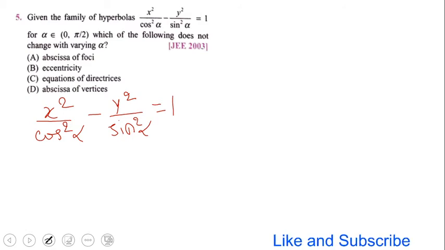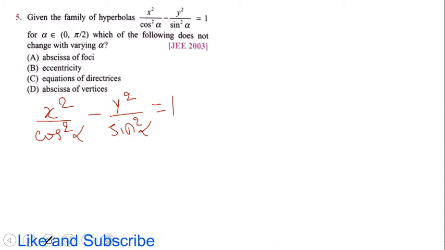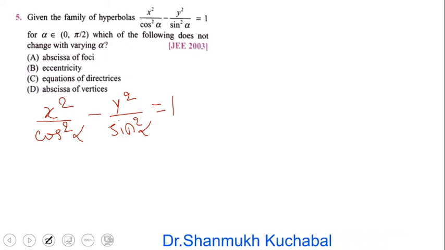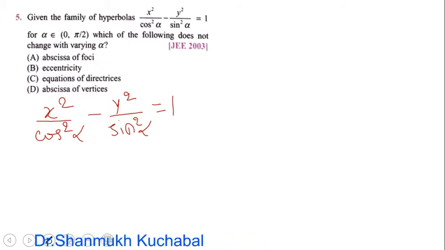Which of the following does not change with varying alpha here? That is, we have to find the abscissa, eccentricity, directrix and abscissa of the vertices. After solving these, we have to see which quantity does not depend on alpha. So that is what we have to calculate, using these